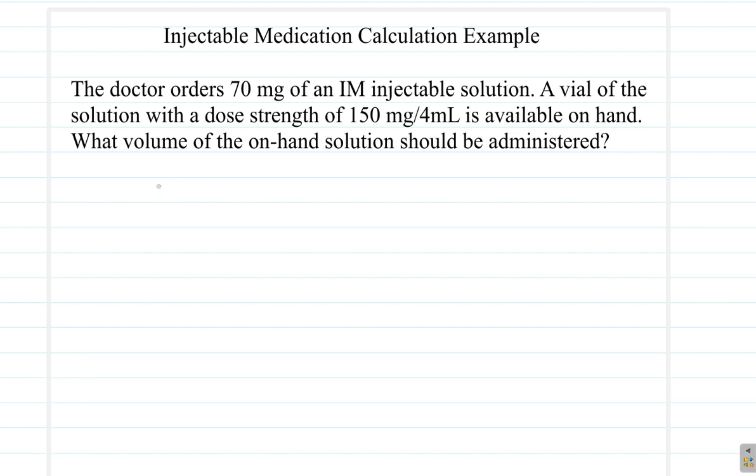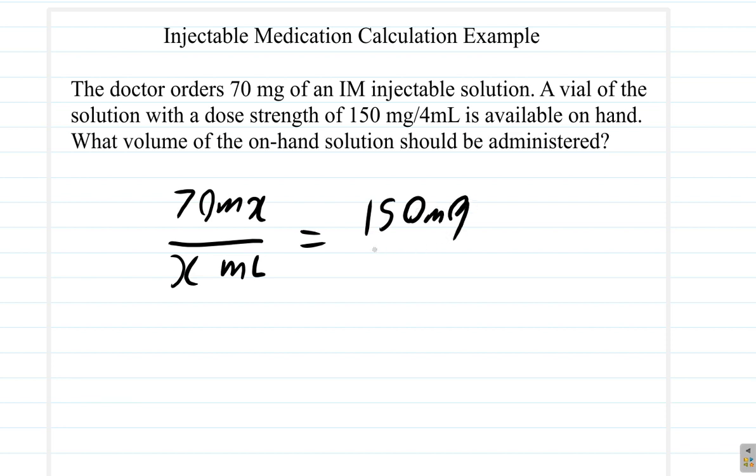Now, you have 70 milligrams. That will be in how many milliliters? You don't know, call it X. It should be the same ratio here of 150 milligrams in every 4 milliliters. So you see the ratios, they work out. Cross multiplying will give you